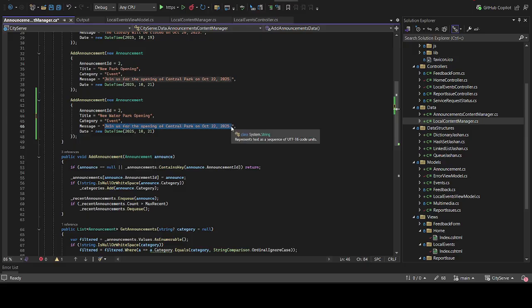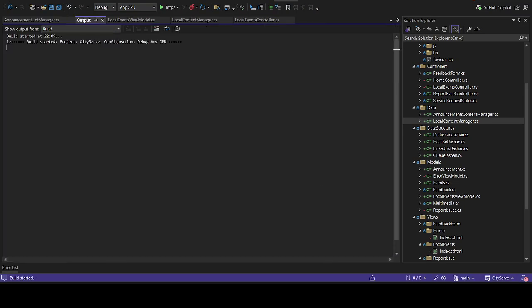Join us in Santon for the new water park opening on the 15th of October 2025. So then over here, they will just choose this date. So it'll be the 15th. Then if I save, re-execute,